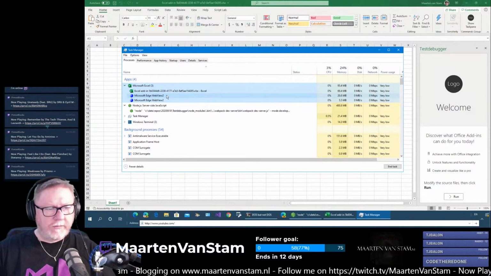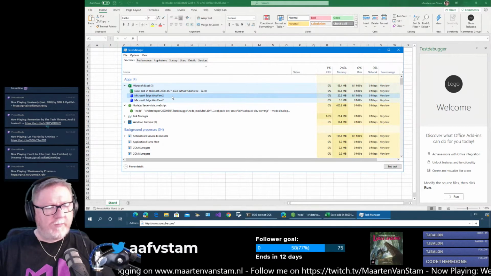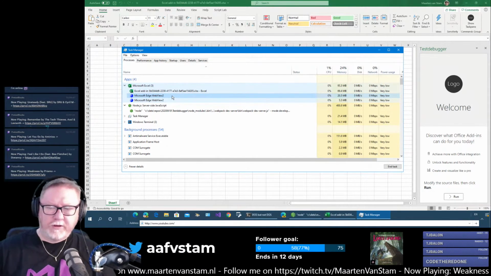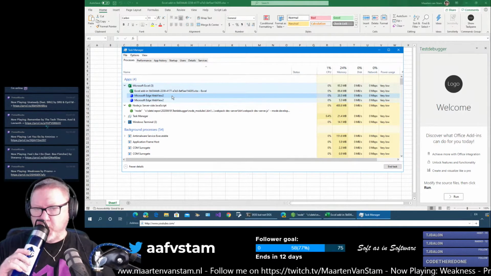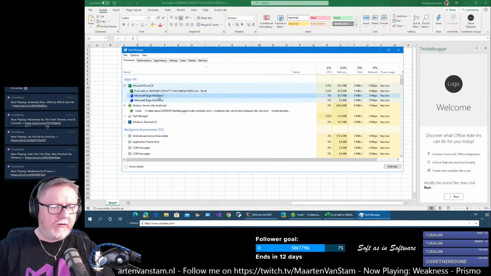Here you are. Excel is actually using WebView2. This was my second point of tension that I wanted to discuss. So it's no longer using